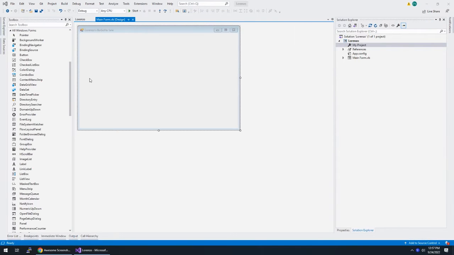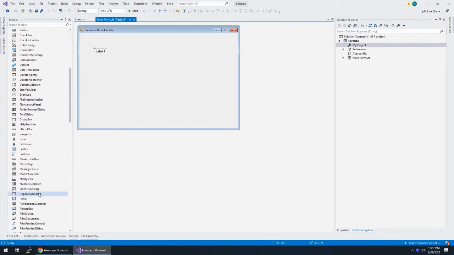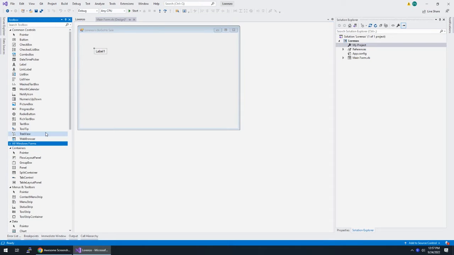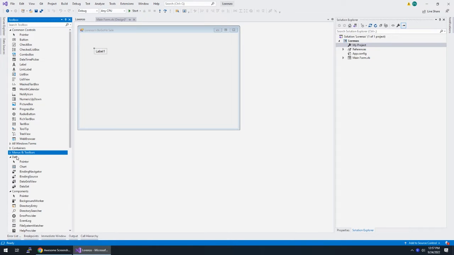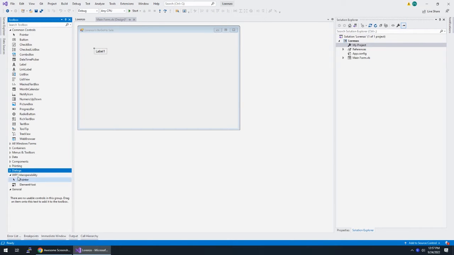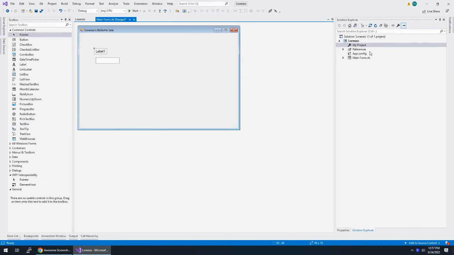All right. So it should take the price of 2 items. So I'm actually going to add some labels first. I'm going to add a label and what do we have? I don't want all of these, let me get rid of these. Okay. And a text box. So this one